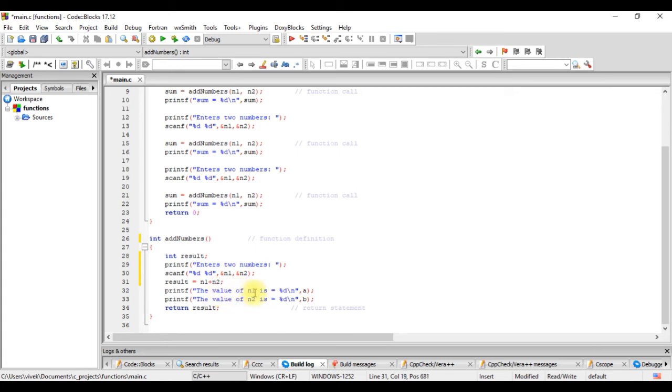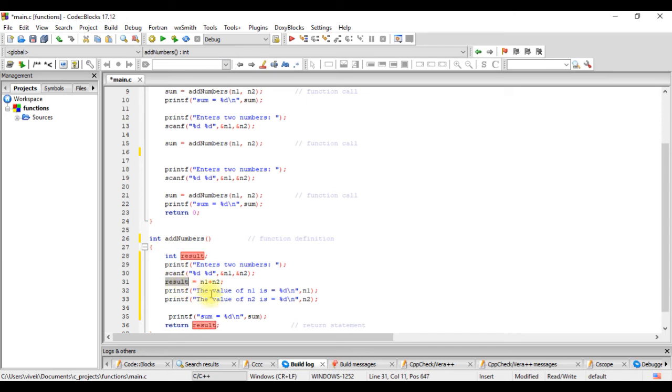And we are displaying the value of n1 is this, n1. The value of n2 is n2. And then we are returning the result. But in this case we don't want to return the result, we want to display it here itself. So we'll take this statement and we'll print it here.